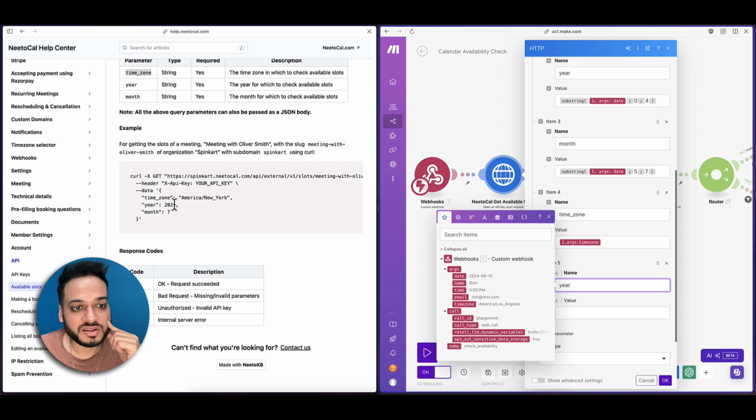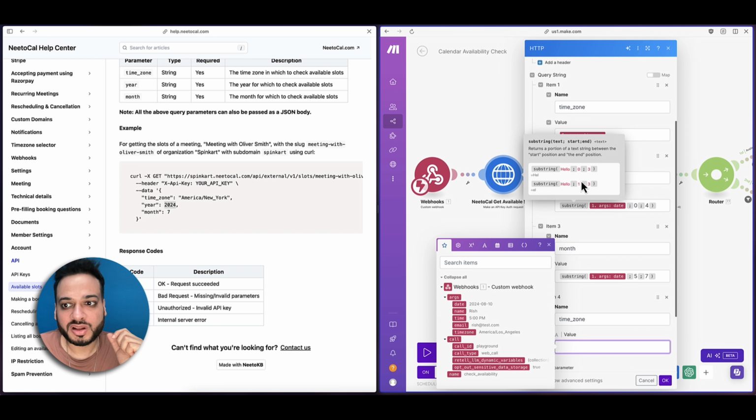And how do we do that? We do that by something called functions. There is a function called substring inside make.com, which basically cuts off everything inside a string that you pass. And by this example, you can see that if the whole string is hello and we pass 0 and 3, it will just output the values between 0 and the third position inside this string. Only HEL is the string that we have to get, because this is our logic, right? Similarly, if I change the values from 0 and 3 to 1 and 3, it will give us only EL.